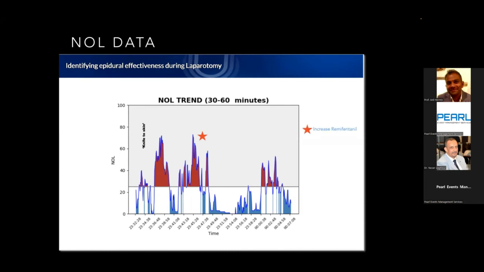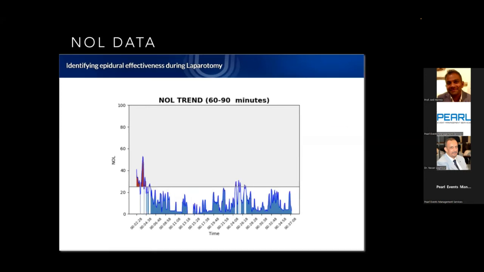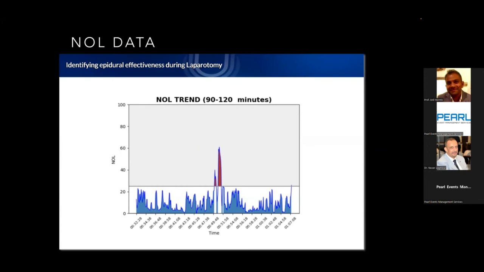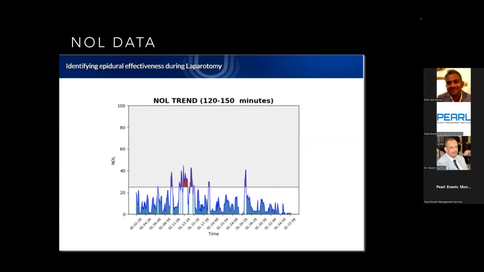And then over time, as the epidural starts to work and the case is ongoing, so this is about 45 minutes later, you can see that the null value drops right off. So I can decrease her remifentanil at this point. And again, this is her running at 1 nanogram per mil. And there's a small spike there. There's a couple of smaller